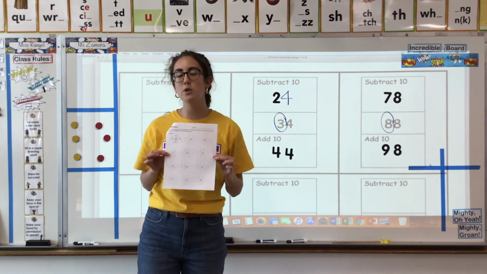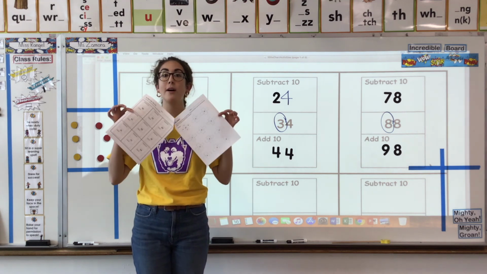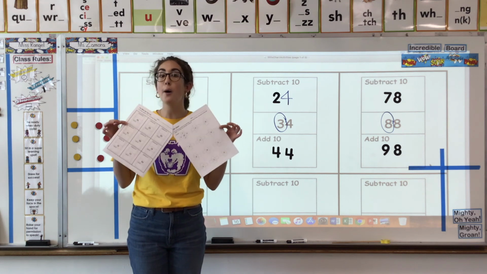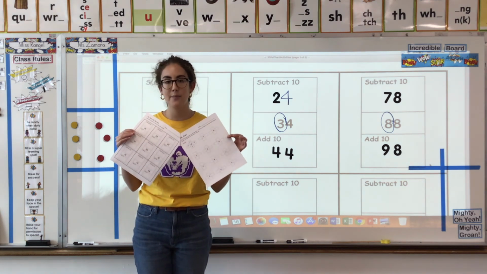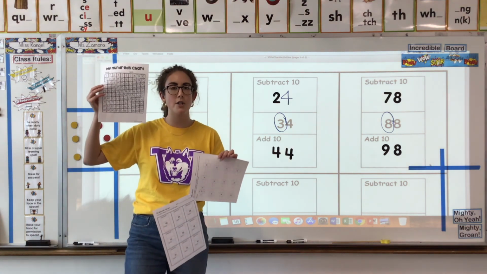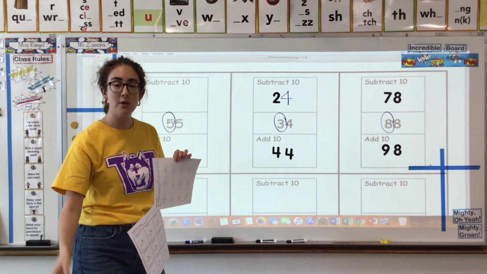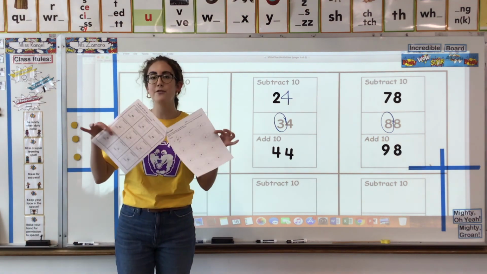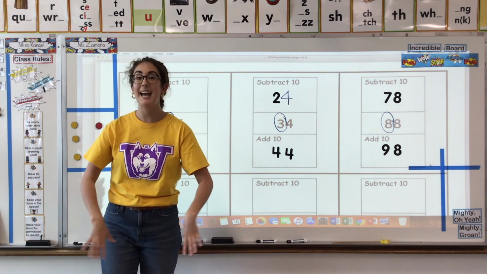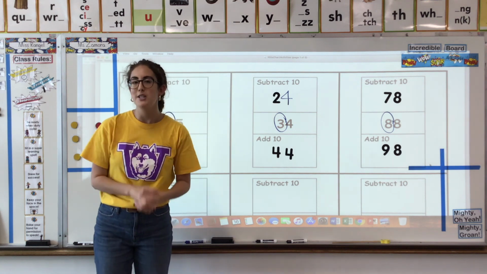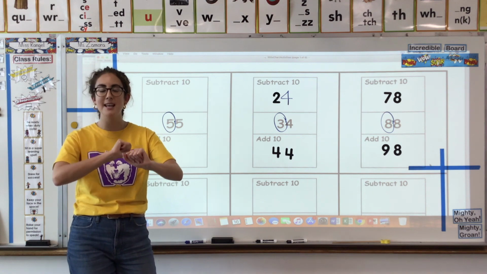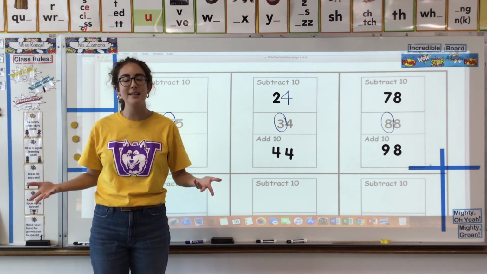It's up to you which one you pick. Either way, when you are fully done with your page and you've checked your work, then you can take a picture of it so I can see. Another awesome way to check your work is checking it against your hundreds chart. That's a great way to check yourself after you're all done. So you're going to take your pick. Which level are you going for? And either way, you're going to take a picture to post on Class Dojo so I can see. Okay, awesome mathematicians. I love learning about skip counting and exactly